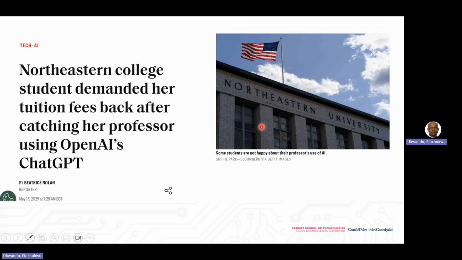There's quite a good number of them coming out now. Why a college student in the US said no, he's asking the university to give him back the money because he saw the professor using LLMs to learn. He said, please give me back my money. There's no need to be here. Let me go home and use LLMs to learn, since my professor is also learning from LLMs. So these are the bad aspects of it.